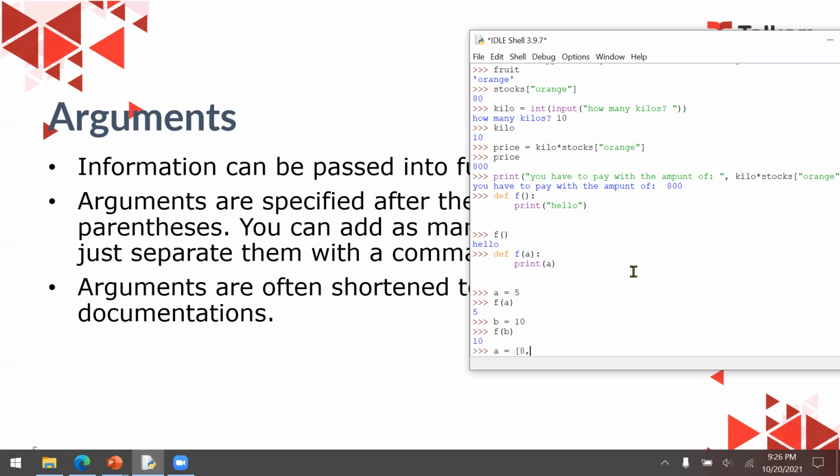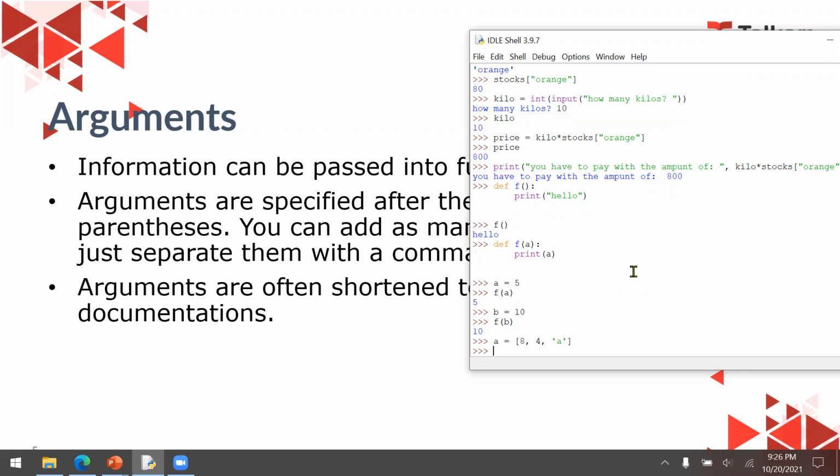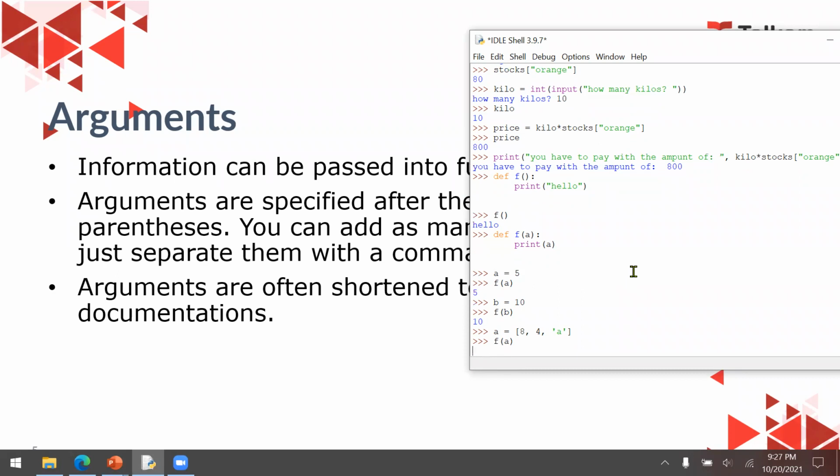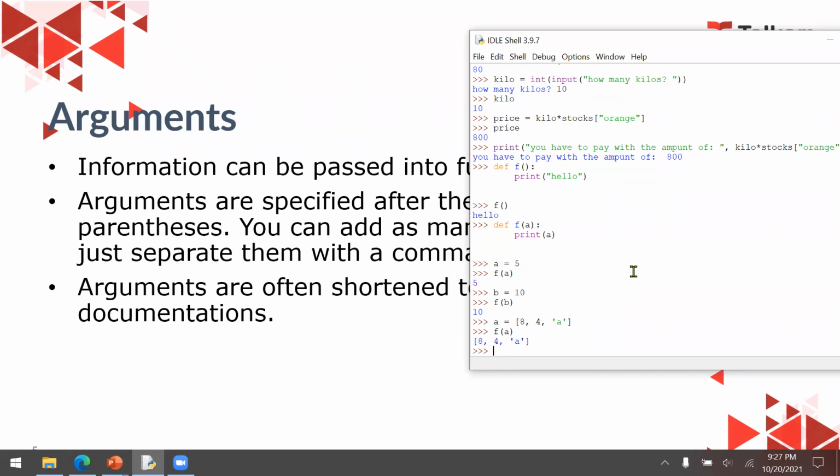Let's say 8, 4, and then a. Now I can just use f(a). Then it will send the list as a parameter to function f, so it will print the list, which is 8, 4, and a. Okay, now that's how we send an argument or parameter.